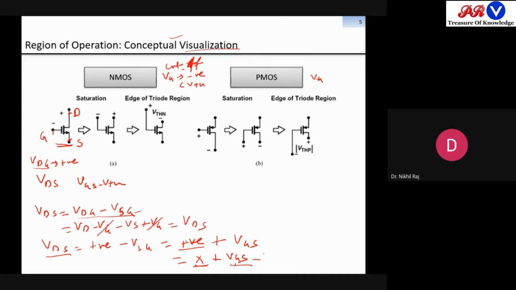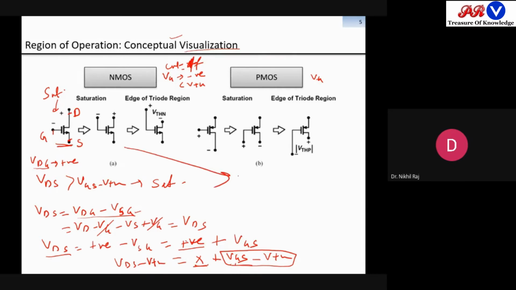Fine. If we do minus VTH here, so here also we'll write VDS minus VTH, to balance the equation. So what will happen? This effective VDS, again we are getting higher VDS, so definitely this symbol will come here. Once this symbol comes here, this means it is working in the saturation region. So I will say this graphic, this architecture is working in saturation. Fine. Now we go for the second one.